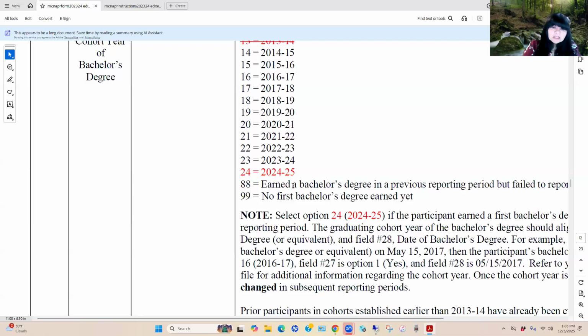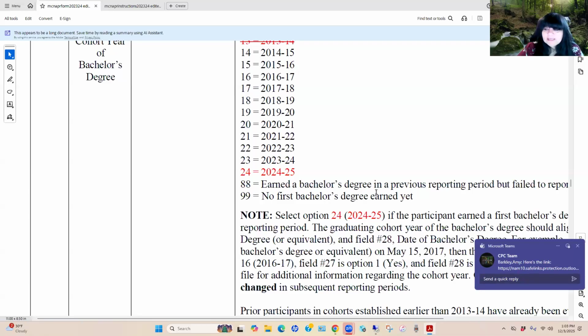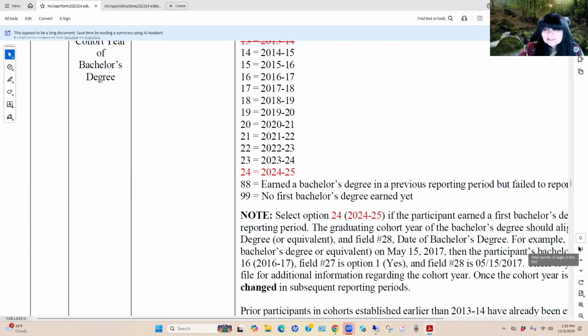So even if you never included those individuals in a cohort and had to report on them with the value 88, even if they earn a doctoral degree, you will never earn credit for it.